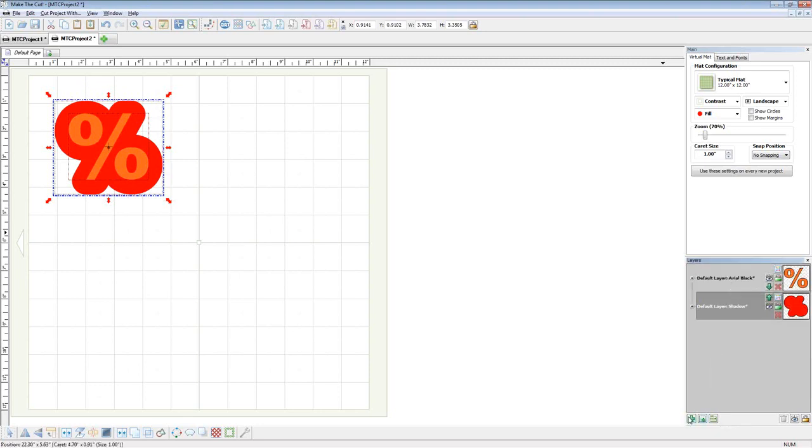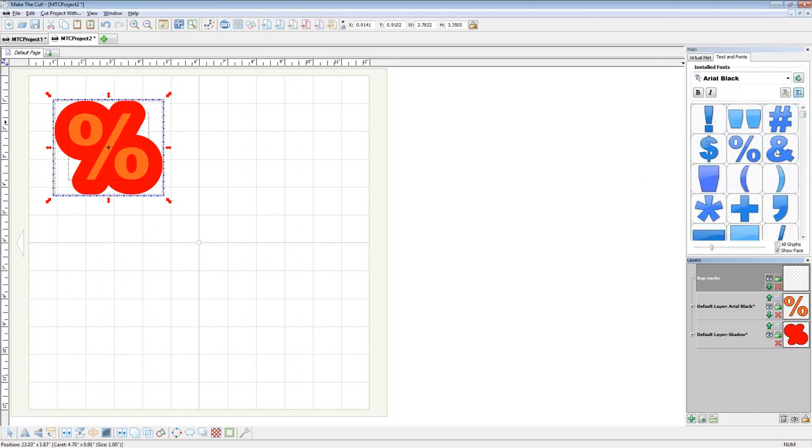Normally what I do for registration marks is I'll create a new layer on top, call it like reg marks or something like that. And I personally like asterisks,